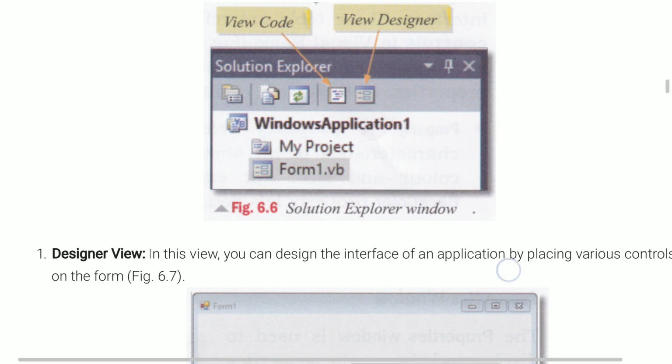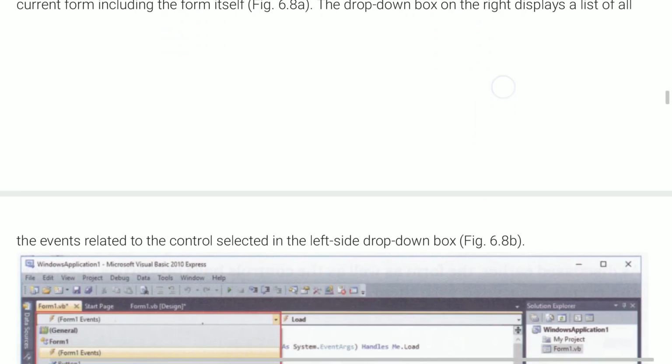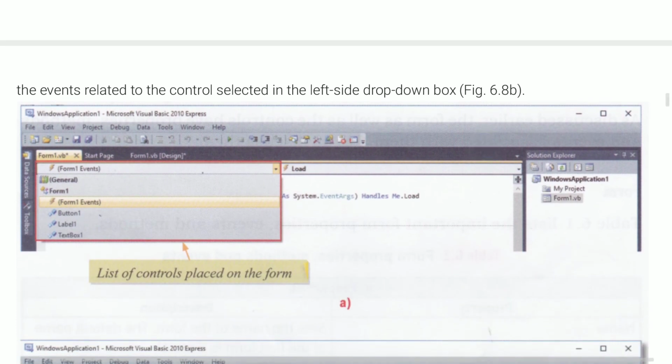As you can see in the next picture below, the drop-down list box on the right displays a list of all the events related to the control selected in the left side drop-down box.